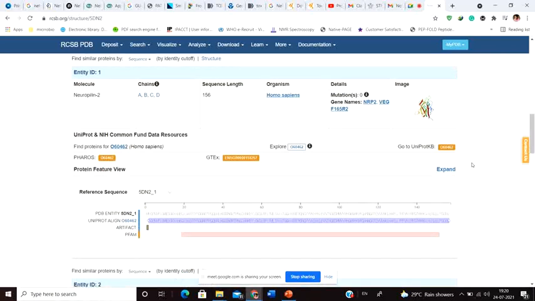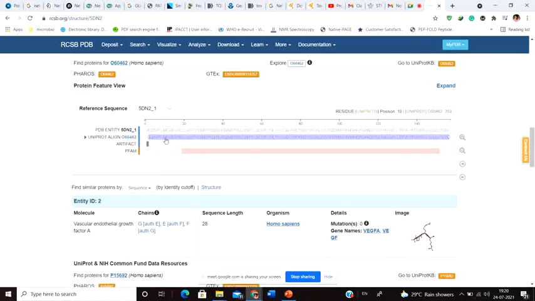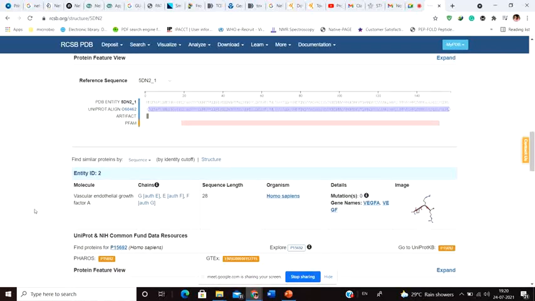And again, if you come down, this is the particular sequence of the protein, and this has the aligned protein. And what is the aligned thing? Alignment of the protein means that this particular protein matches with one another. And if there are any differences, it is going to be marked as yes, there are differences. Okay. And if there are no differences, you are going to find no differences at all. And this gives you the other molecule.